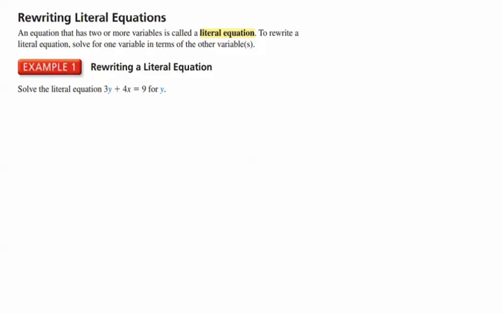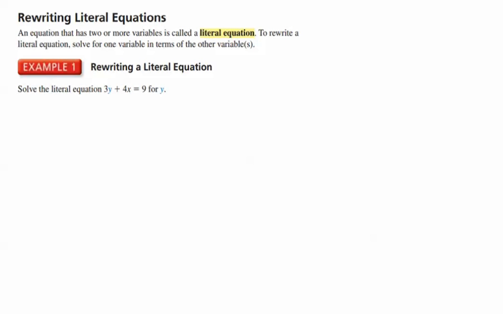Okay, in this video we're going to continue our work with solving for particular variables in formulas and extend that idea to working with what we call literal equations. An equation that has two or more variables is called a literal equation. To rewrite this literal equation, we want to solve for one variable in terms of the other variable or